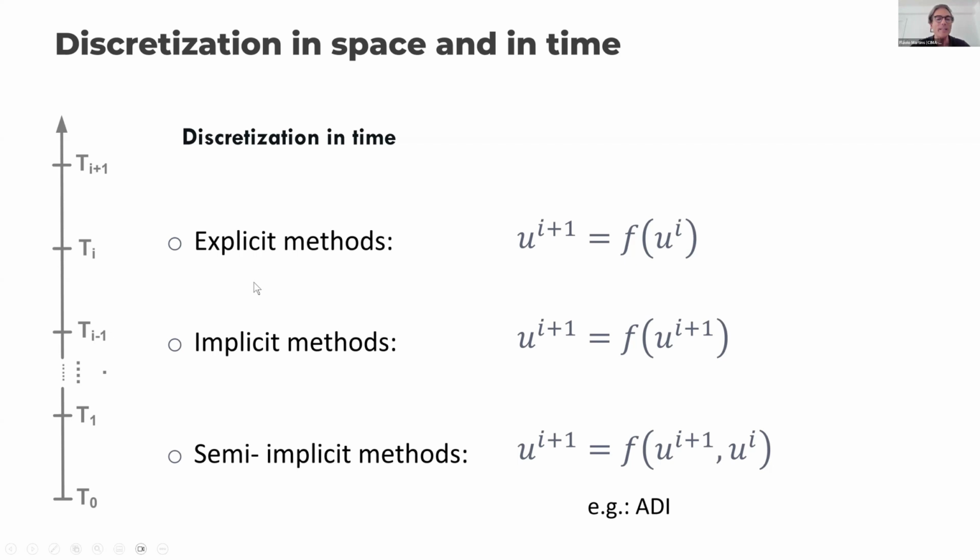Okay, so I was saying that the most efficient way, and that's why most of the models nowadays, there are still a few that are explicit, but most of the models are semi-implicit. In this case, it may not seem very logical, because in one direction we use the neighbors in the old time step, for example east-west, but north-south we use the new time step, okay? And because at least some of them are used in the new time step, we still need to solve a system of equations.